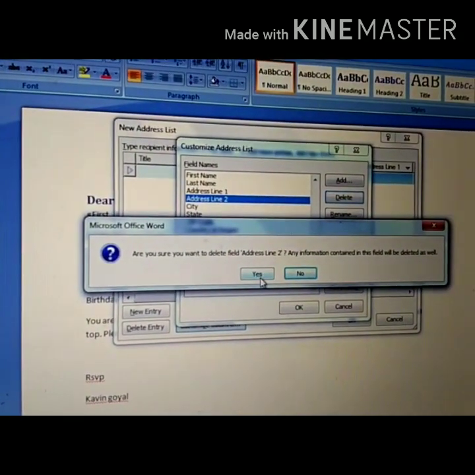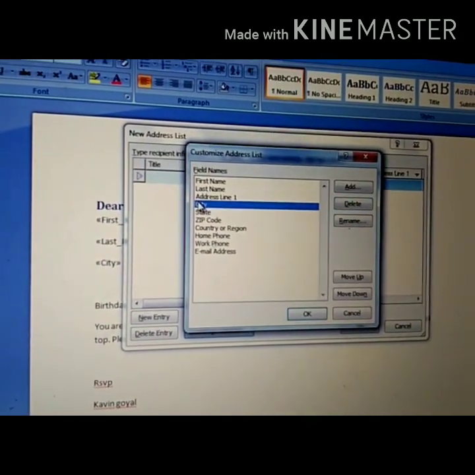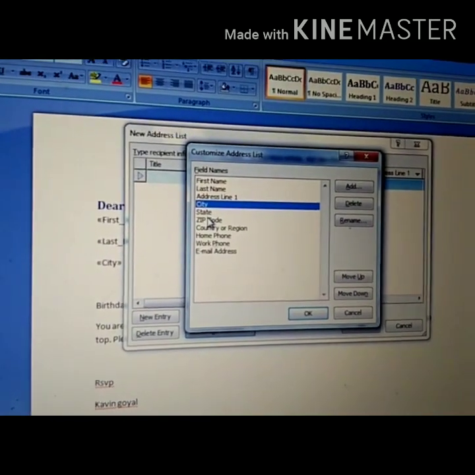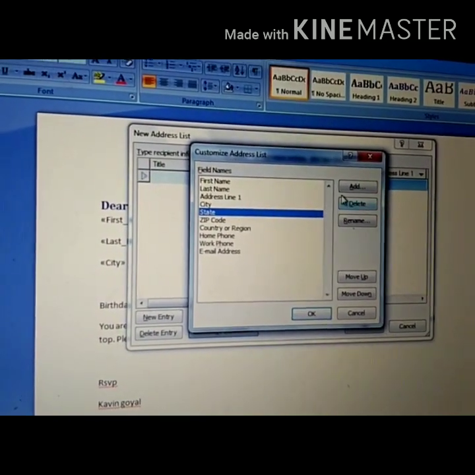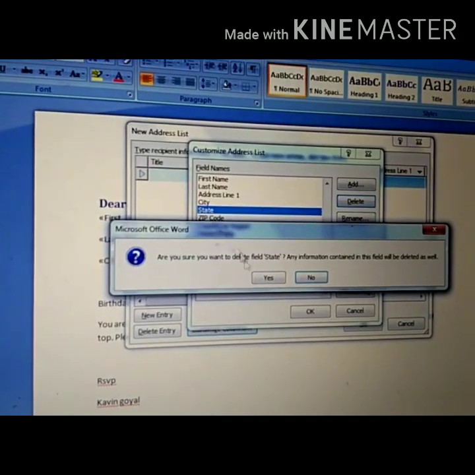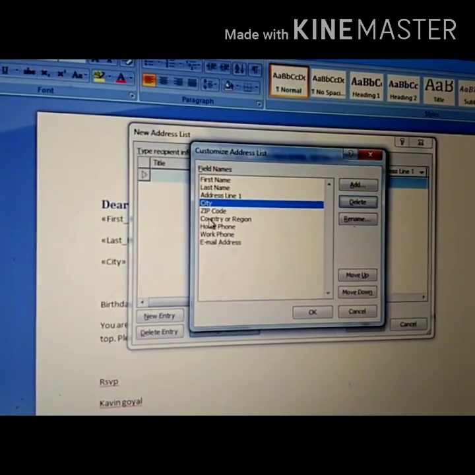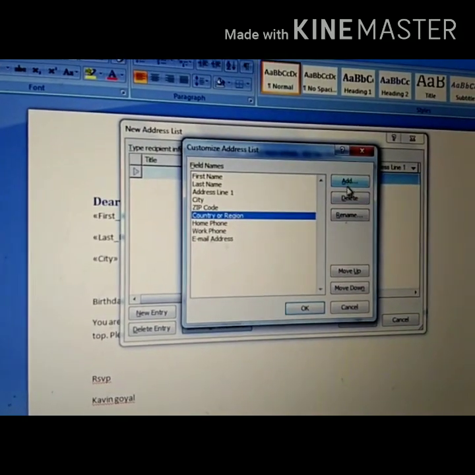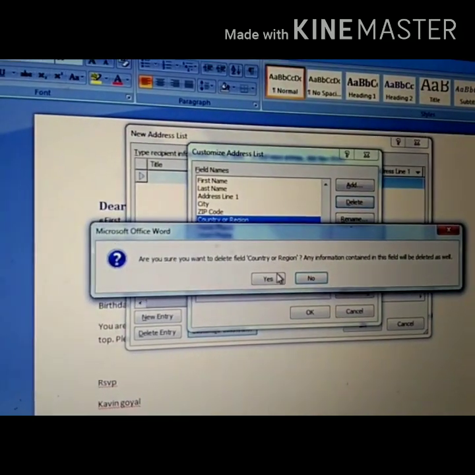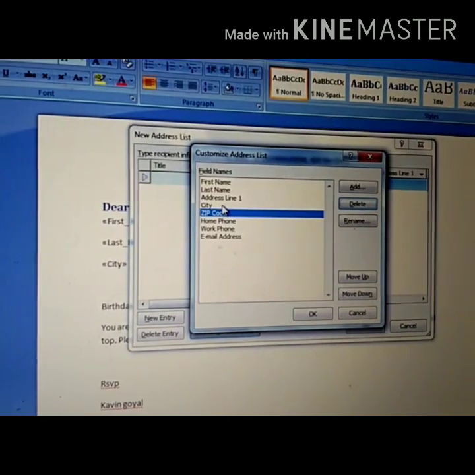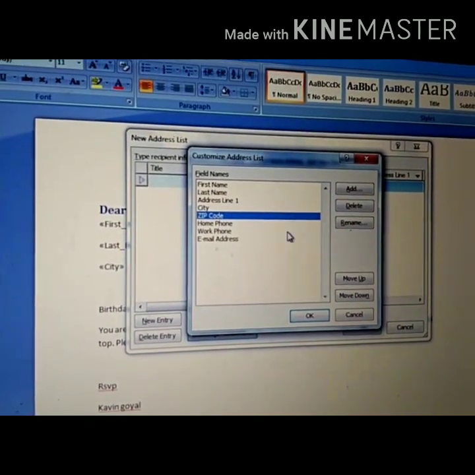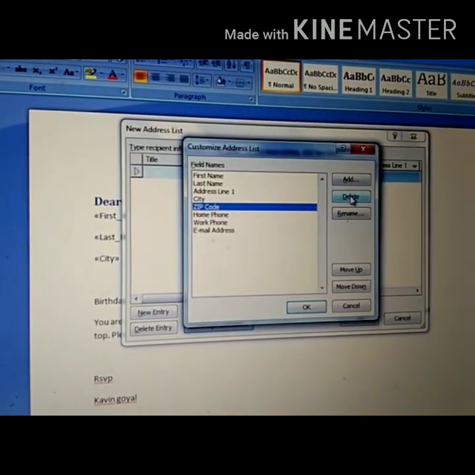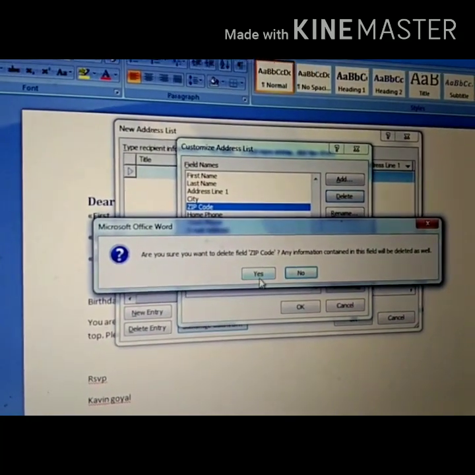Okay, yes, city, let's keep city. State, we remove this one, delete. Yes, zip code, country region, we are deleting this one also. So this option is available in custom fields. From here you can add, delete or rename any field.